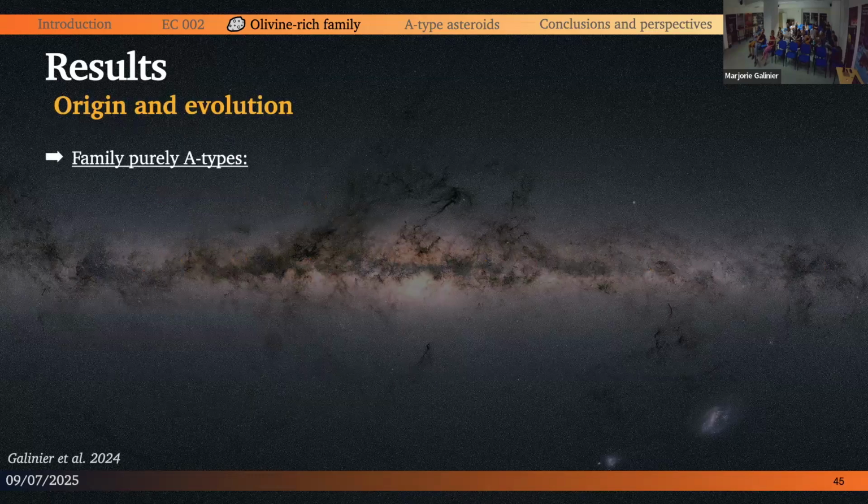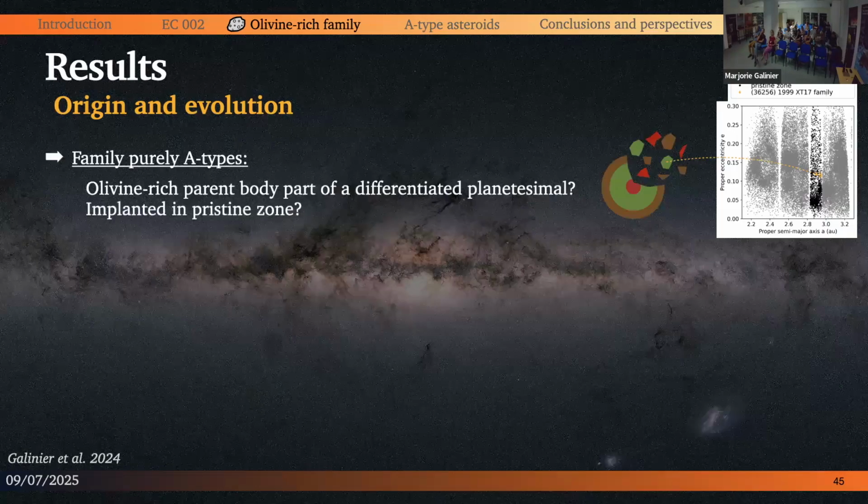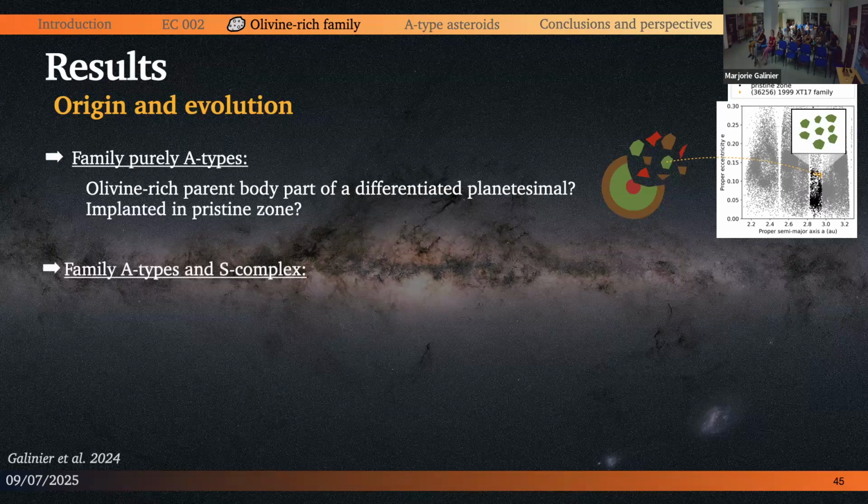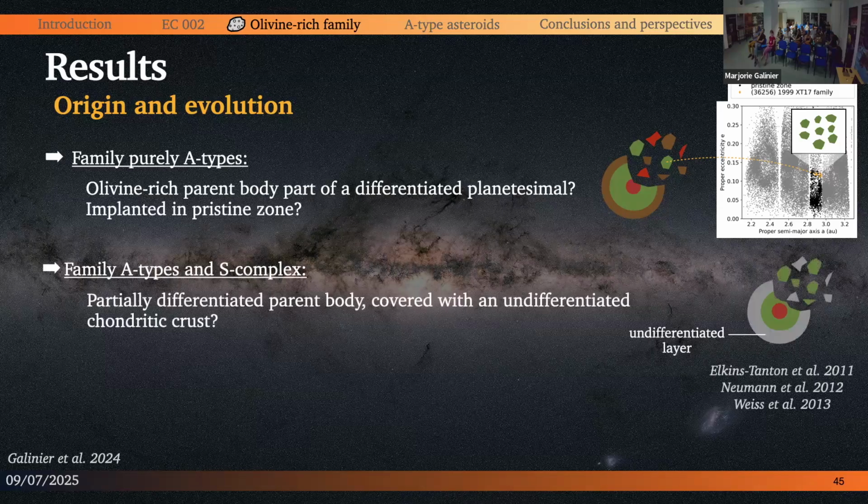So these A-types, where do they come from? If the small family outside the V-shape of Eos is made purely of A-types, maybe it comes from a differentiated planetesimal, so a fragment of the mantle, that was implanted in the pristine zone and then disrupted there. If this family is made both of A-types and S-complex objects, S-complex being linked to undifferentiated material, maybe this family comes from the disruption of a partially differentiated body with a layer of chondritic crust and a mantle